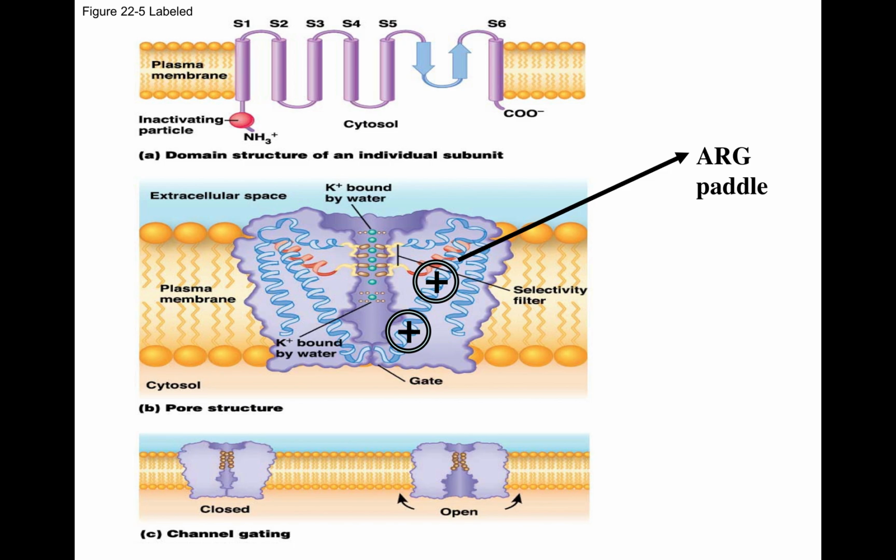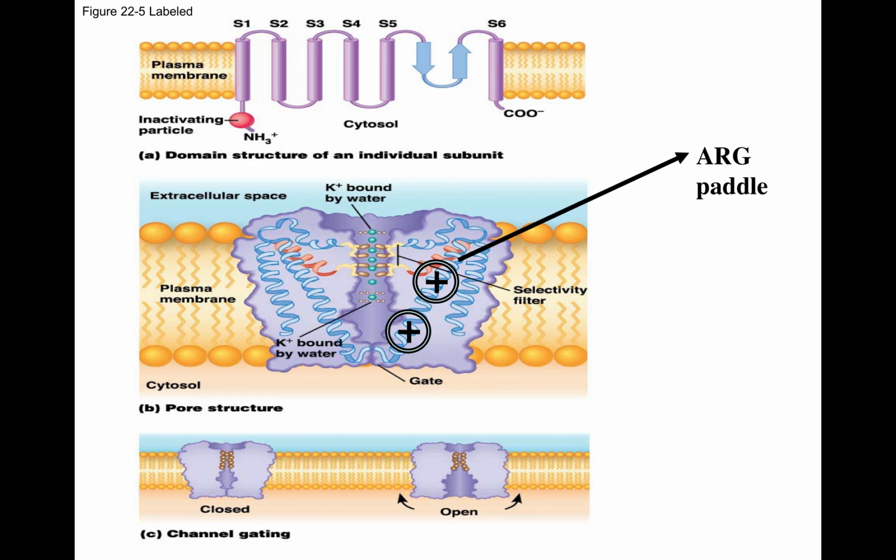So if the inside is negative relative to the outside and the arginine is positively charged, this part of the protein is attracted to the inside of the cell, which is the cytoplasm, and on this diagram, and most diagrams that we're talking about, that would be the bottom part of this diagram. And it's not attracted to the top part of the cell. Okay?